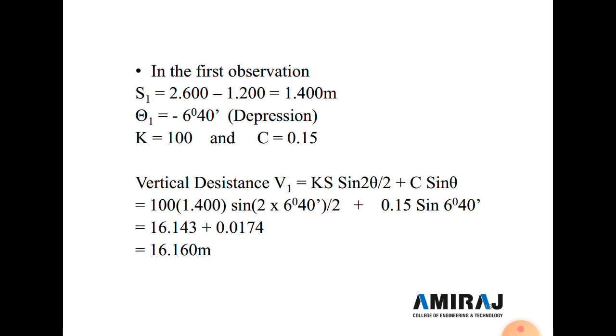Now put all the values in the vertical distance equation. Vertical distance V1 is equal to K S sin 2 theta divided by 2 plus C sin theta. K is equal to 100, S is the staff intercept, 2.60 minus 1.20, which is 1.4, and sin 2